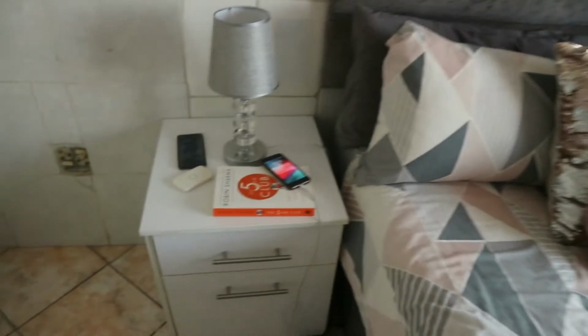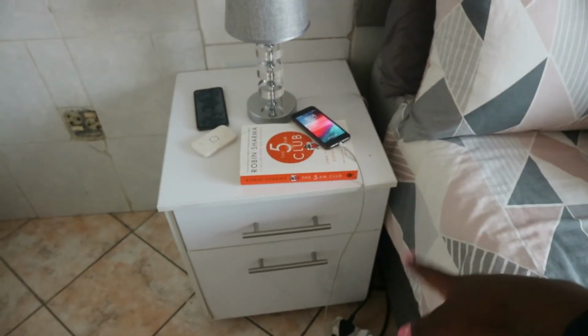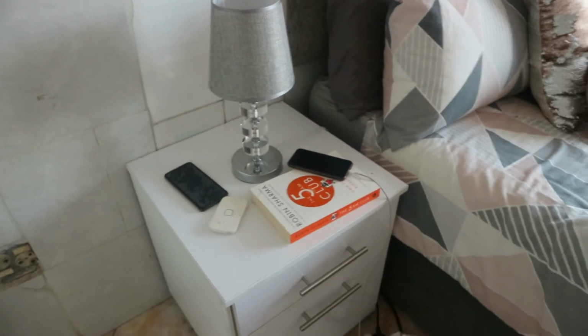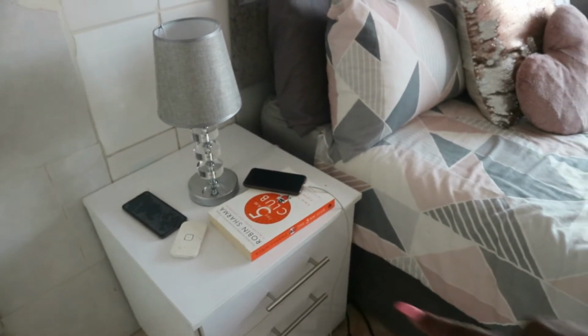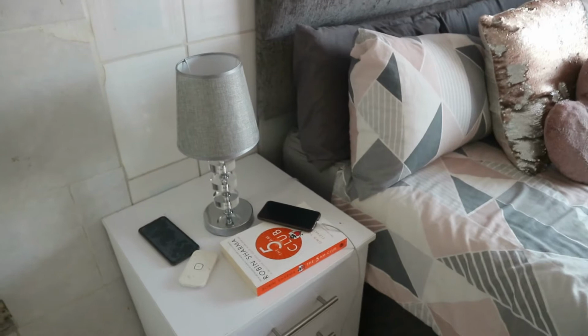And here I have my ugly side table, which I still hate, by the way, but I'm not gonna be changing it, so I'm just gonna leave it like that. The next time I buy furniture, it's gonna be for my house. So yeah, I have that plus the book that I'm currently reading, which my friend borrowed me,